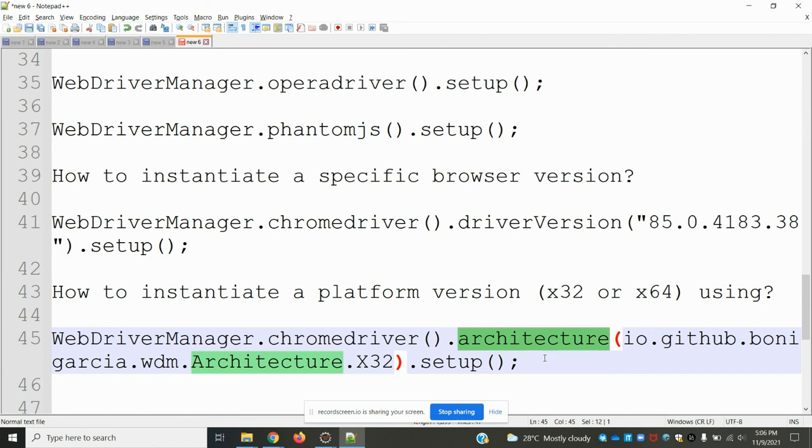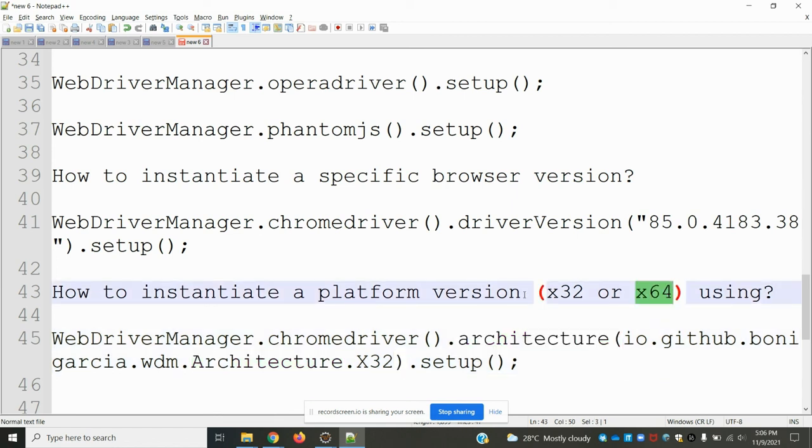If you have a 32-bit system, you can try it, because 64 is working, and check whether it works for 32-bit. The dot x32 indicates that your version is 32-bit.